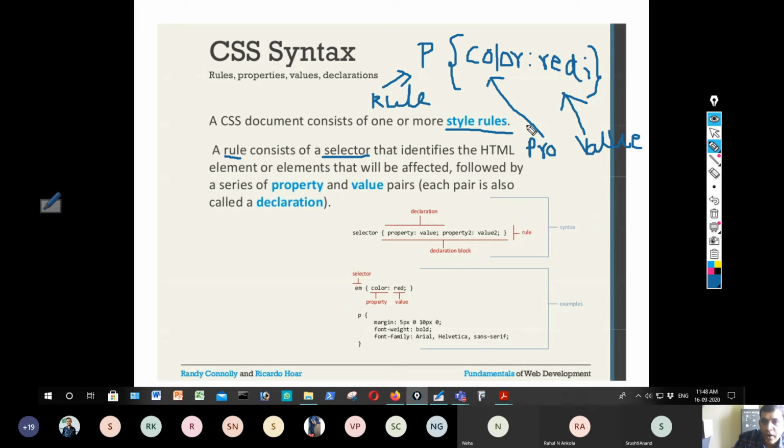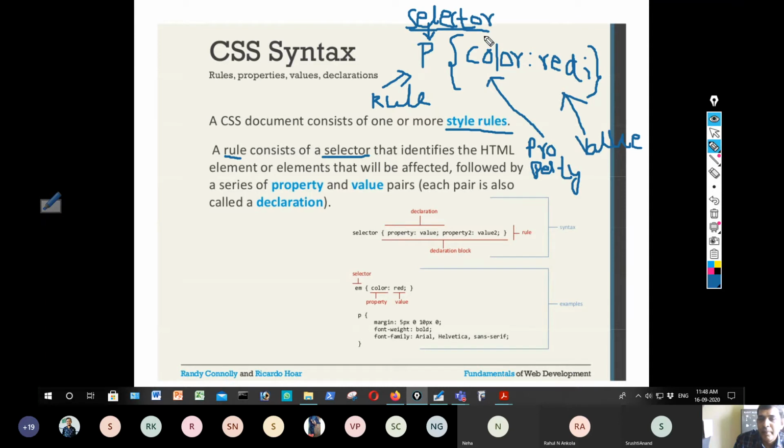So this is the property, and this is the value. But what is this P? P is the selector.